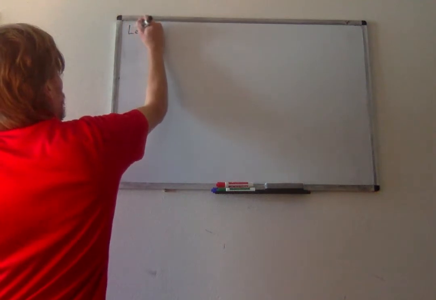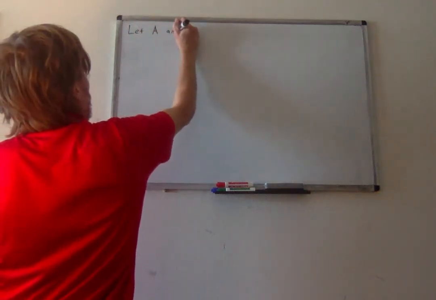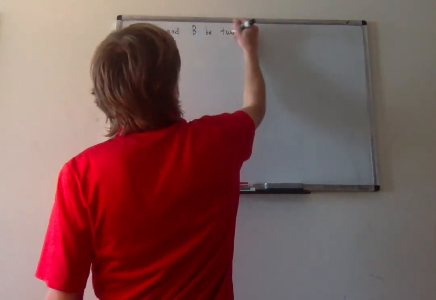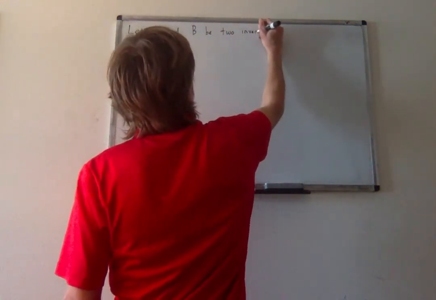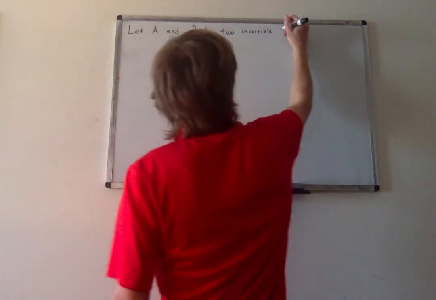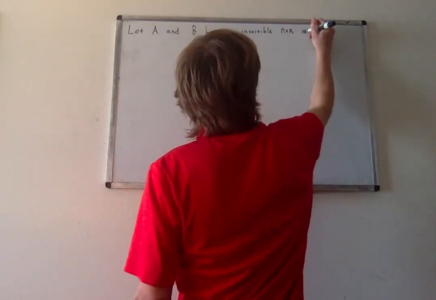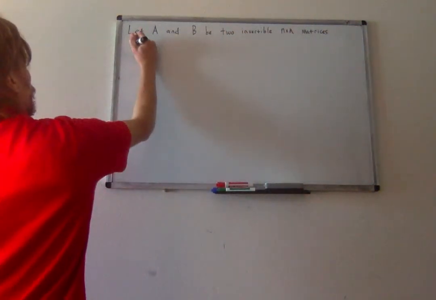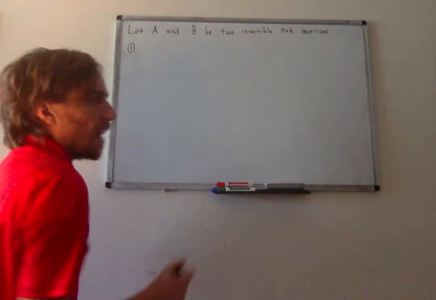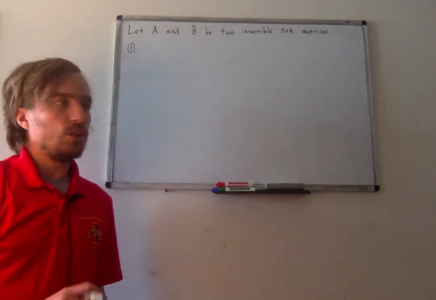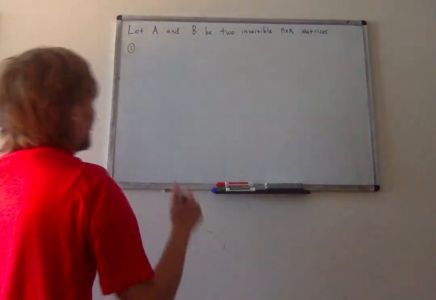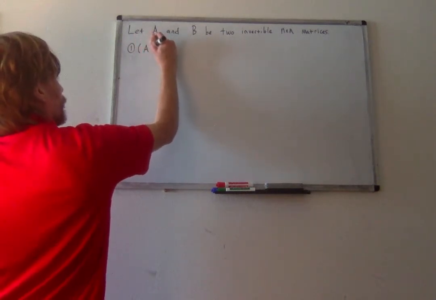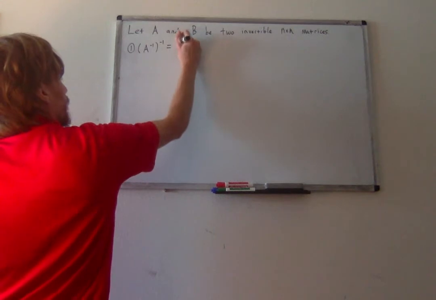All right, so let A and B be 2 invertible n by n matrices. And so we want to state 3.5 facts, actually. I'll show you what I mean by half a fact in a second. So first off, I claim that the inverse of A inverse is equal to